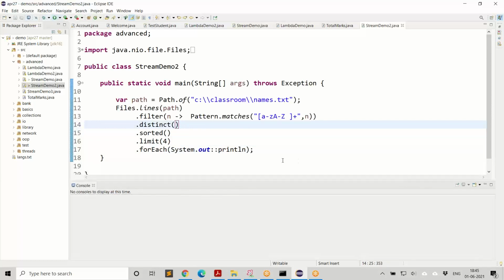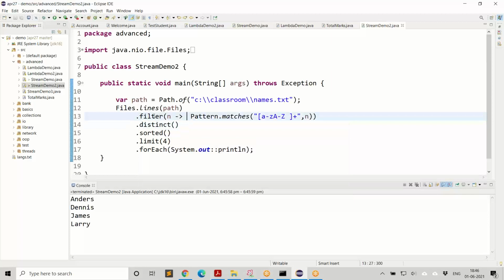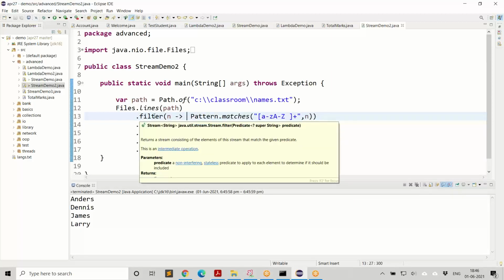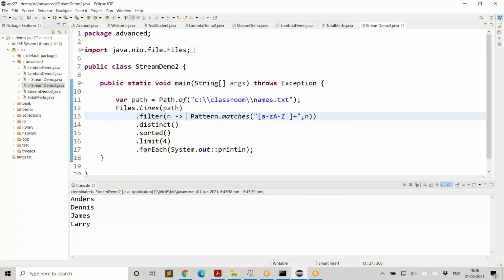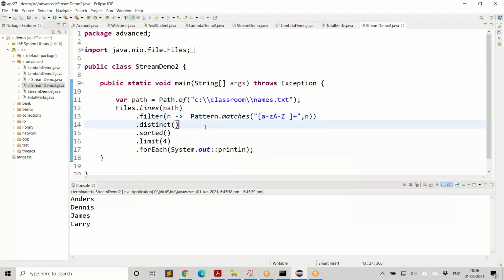There are so many methods provided by Stream. There is no limit to what you can do. You just need to understand what each method is expected to do and understand what the parameters are, what type of interface it expects. And if the interface is a functional interface, you can apply either a lambda expression or a method reference, whatever you like.